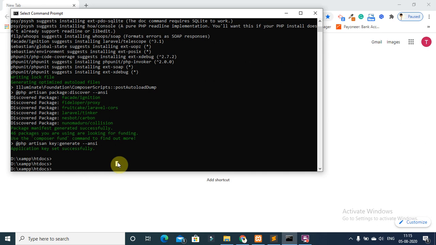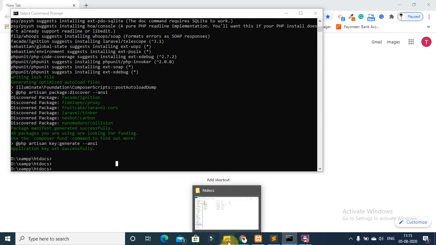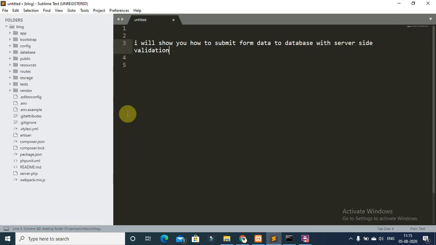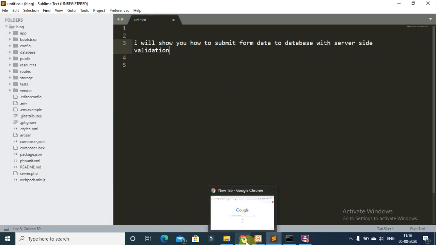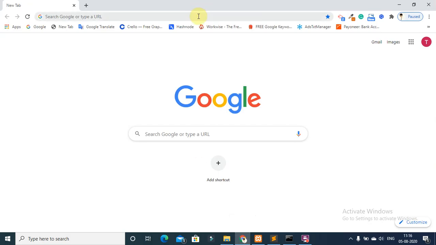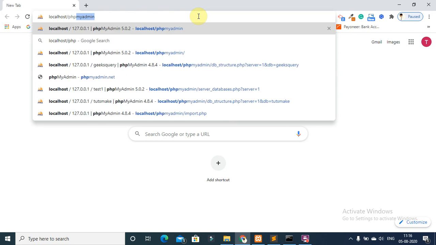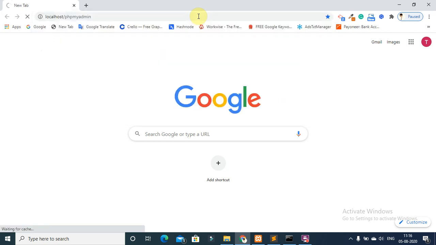So go to your XAMPP directory and open this project in any text editor. I will navigate to XAMPP htdocs and drag my project blog into my text editor. Then open the web browser and type localhost phpMyAdmin and create